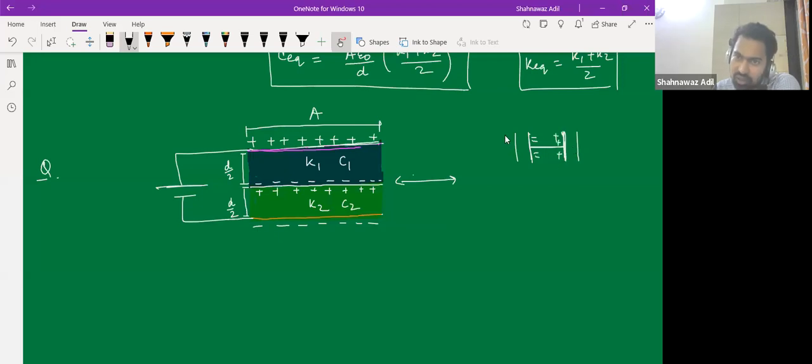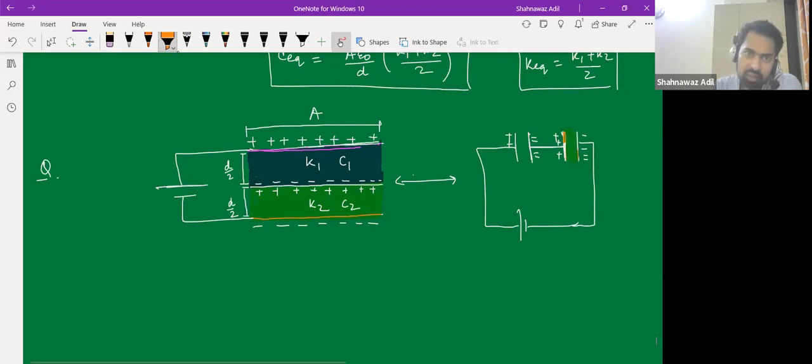So this is a series combination. Right. And this one is the green one, right? And this one is the